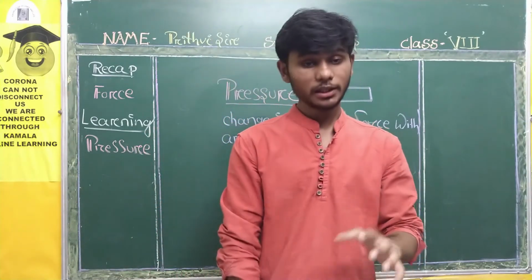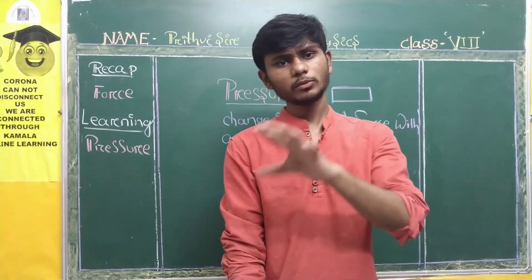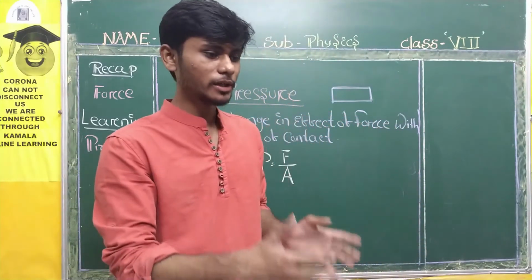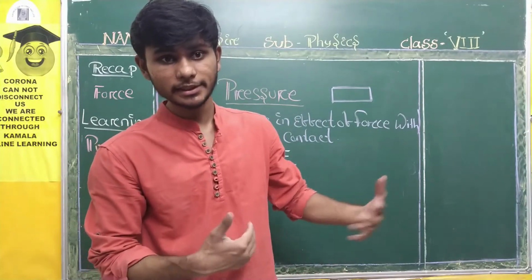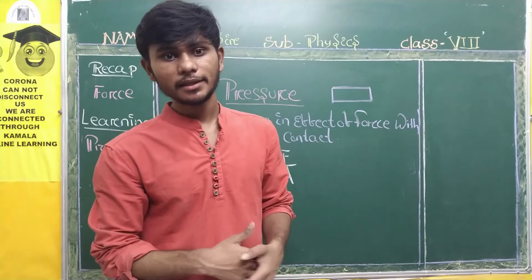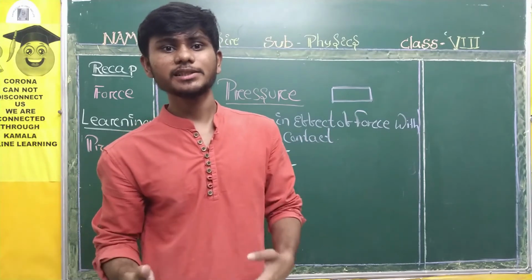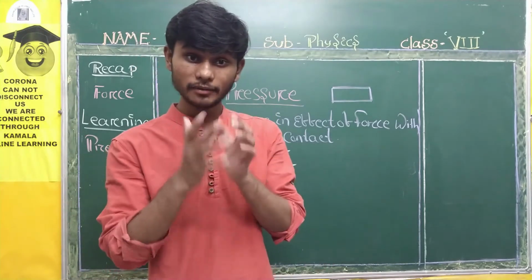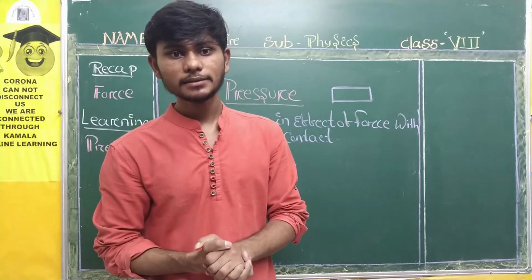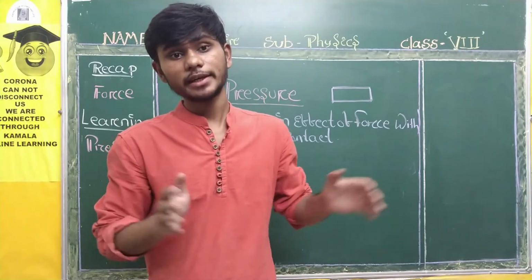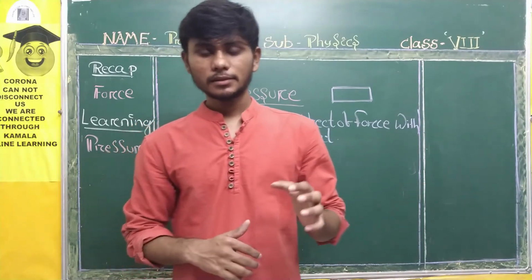Okay. So here, for whatever questions are asked, the same explanation applies: if we are using broader tires in much more number, then the force will be distributed throughout the area, and we get a vehicle which is stress free, that is pressure free, and it can go on. Still it is having a lot of load, but the pressure is decreased as the number of tires increased. So next,